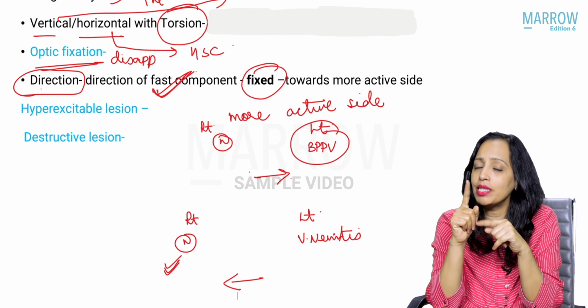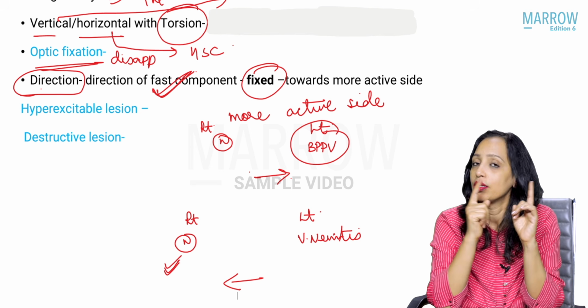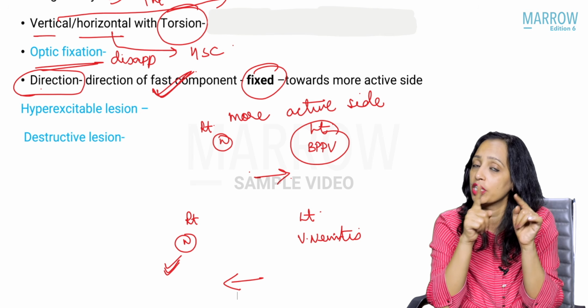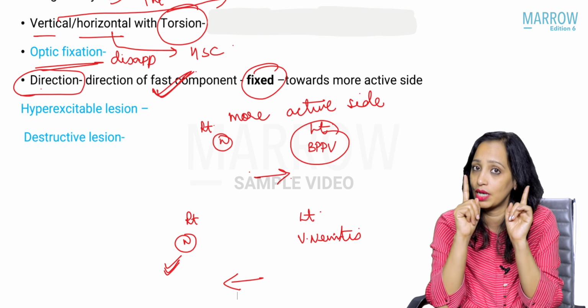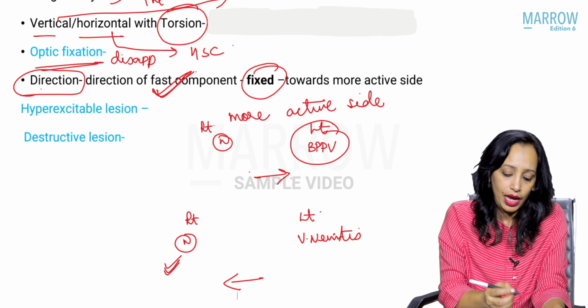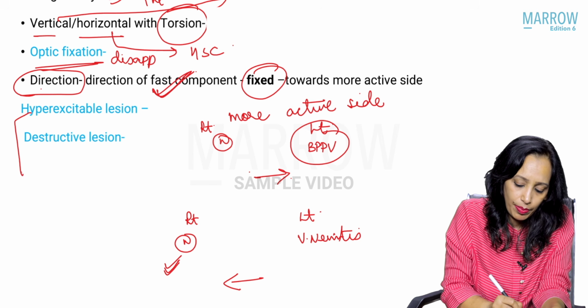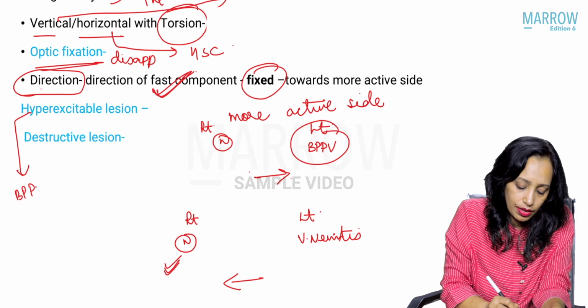More active means it is the normal side. So the other ear, the left, is the destructive side. The left is the involved ear. So in this patient, the involved ear was a left ear. Is that very clear? Okay, so now in hyperexcitable lesion like BPPV, if there is a BPPV, then nystagmus will